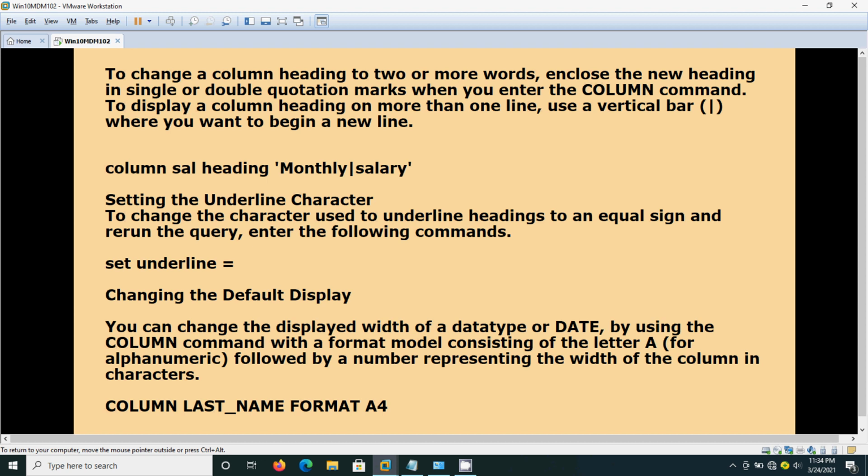For example, Abdul Khan Qadari, like that, some 3 to 4 names will come. Sachin Ramesh Tendulkar. You don't want to display such lengthier names, so you can format the names. That means the names will be displayed in the next line. Format A4 means only 4 characters will be displayed in the first line, and the rest of the name will be displayed in the next line.